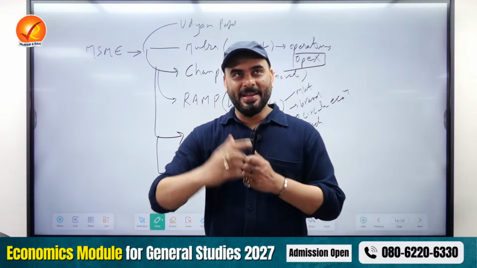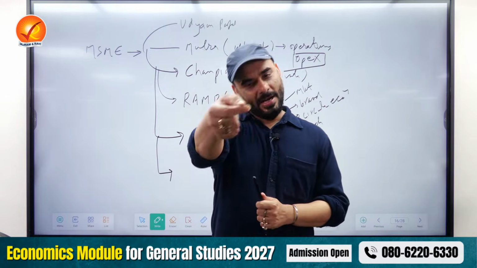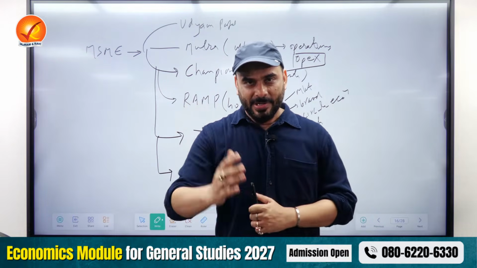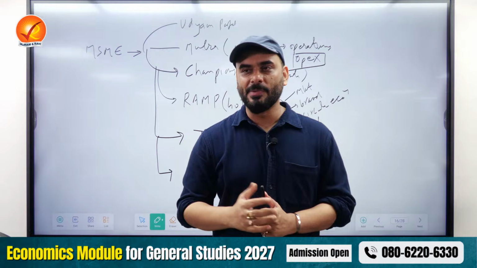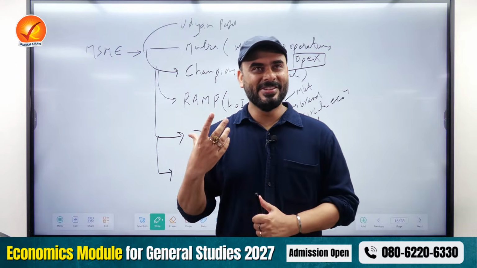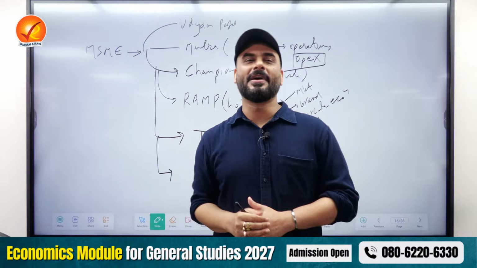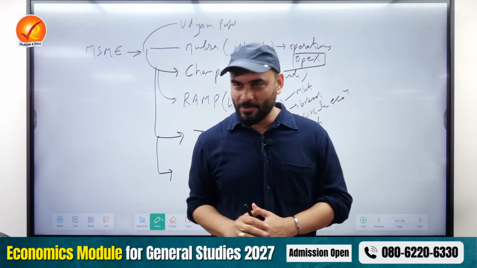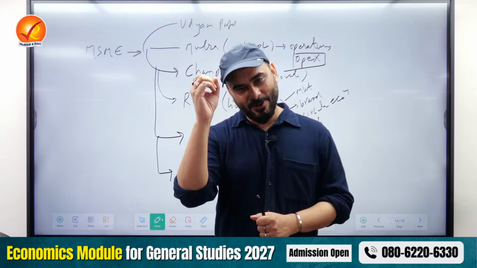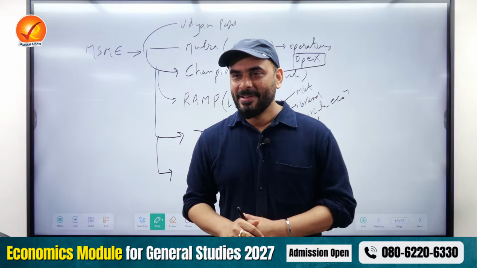I sold you the pen. You made a promise to me that you will give me the money after 3 months. I waited for you. And after 3 months, I went to you, I said, where is my money? You said, which money? Now you're not honoring your promise. Where will I go? Litigation? It will take me a lot of time because courts are anyway burdened with a lot of cases. So if I go and file a case against you, it could drain me of energy and time. So what has the government done?